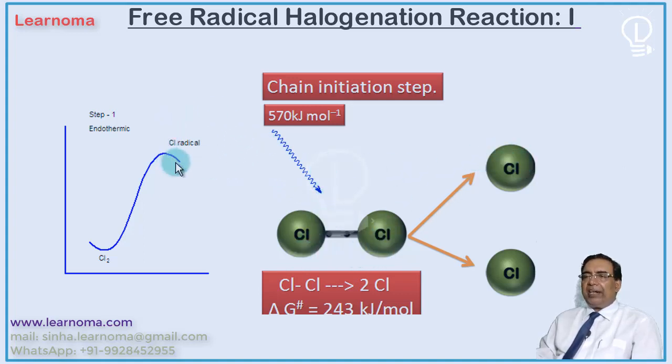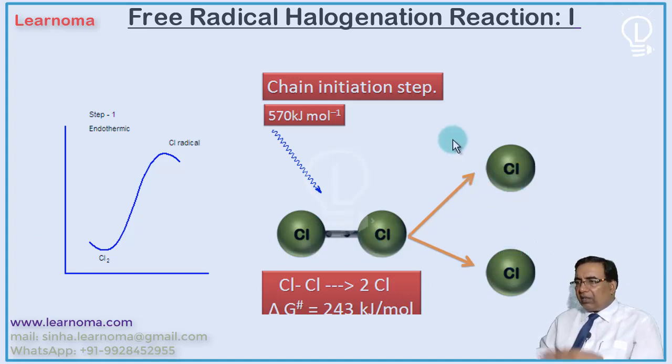And again, these chlorine radicals are high energy species. This bond cleavage is called homolytic bond cleavage because the bond is dissociated equally. The chlorine has 7 electrons in its outermost shell, and this also, and this has further energy. Therefore, this is very, very reactive. This reaction is endothermic. It is called chain initiation reaction because a neutral molecule is giving out both radicals.